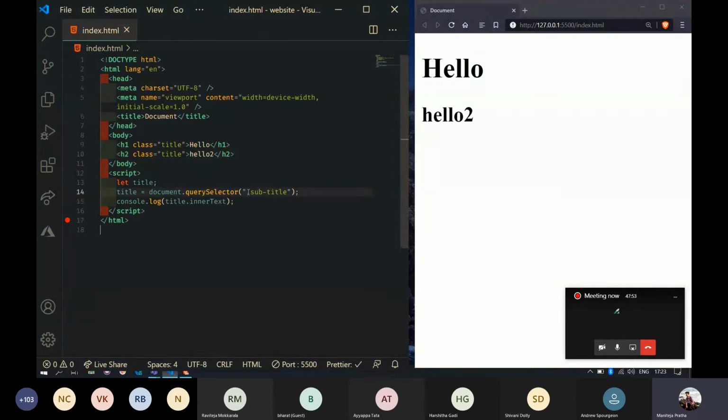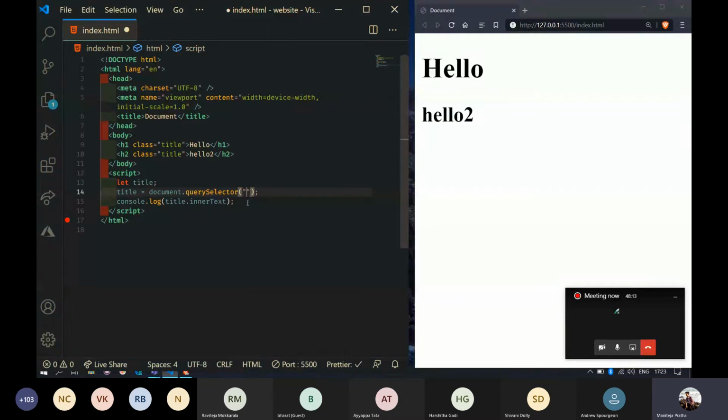What is the method previously we used to access both the elements? We used a method called getElementsByClassName. Now we are using query selector, so we need to use this dot, then the class name, title.